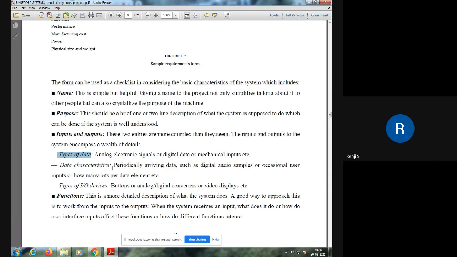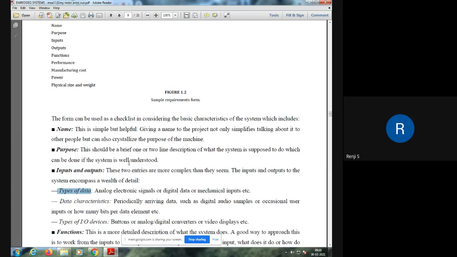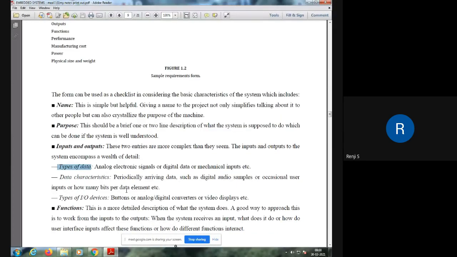Type of data means it can be analog signals, digital signals, or mechanical input, etc. Depending on the product that you're going to develop, the type of input signals that the product will accept can be identified from the input section, and the form of output generated will also be documented in this section.